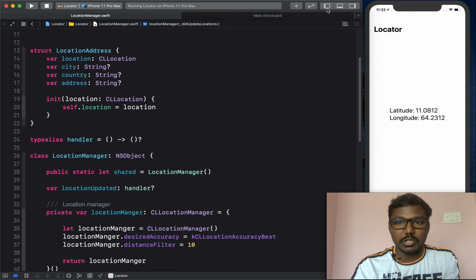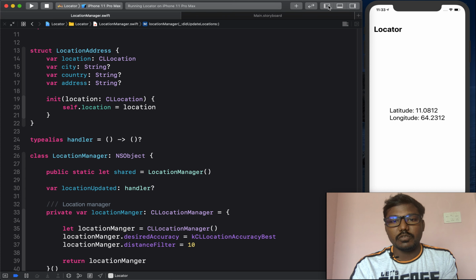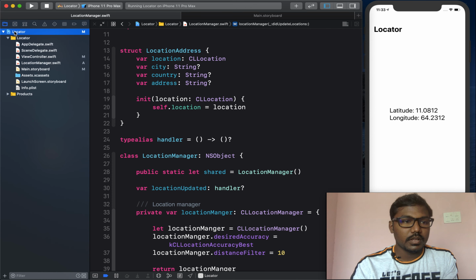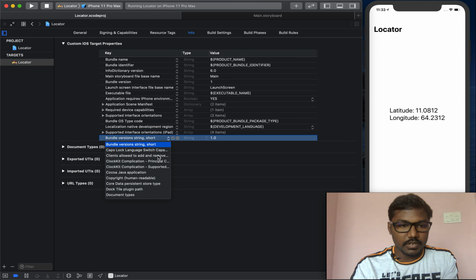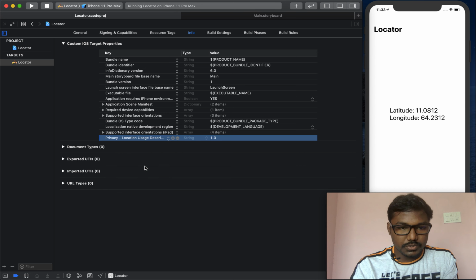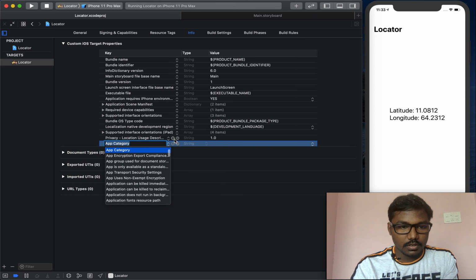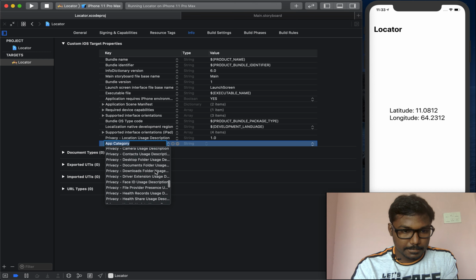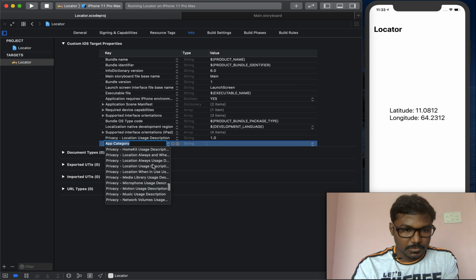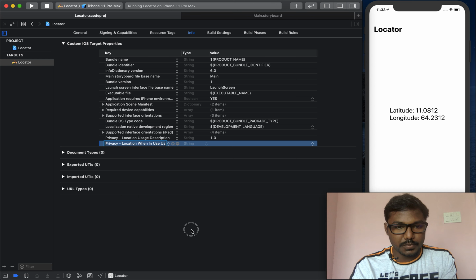Now I am going to implement our location manager in our view controller. Before that, we need to set the plist properties. Likewise, I am creating Privacy - Location Usage Description and Privacy - Location When In Use Description.